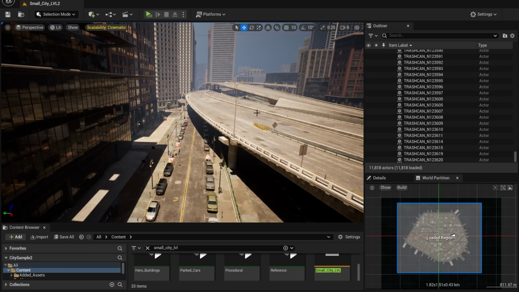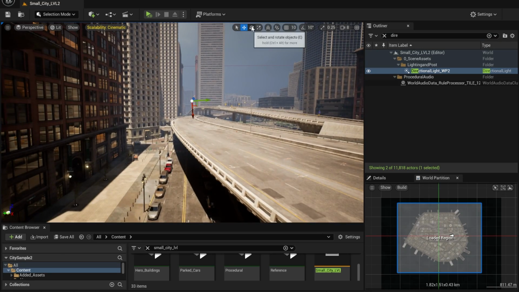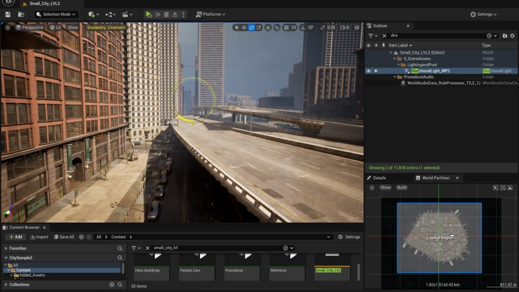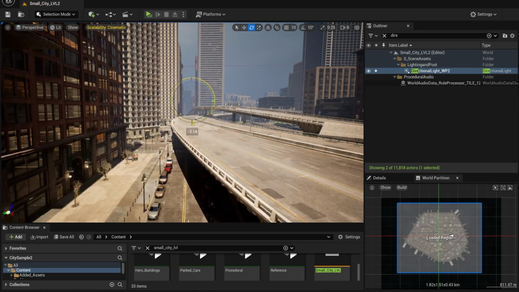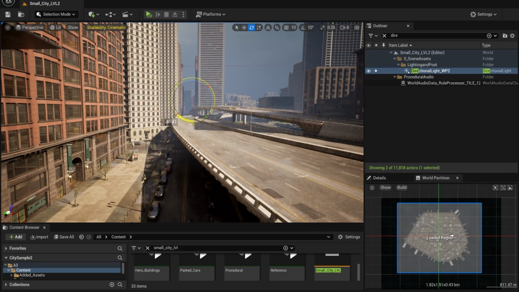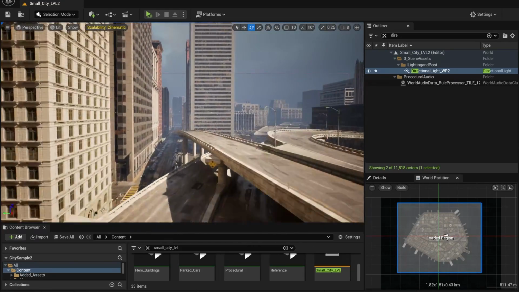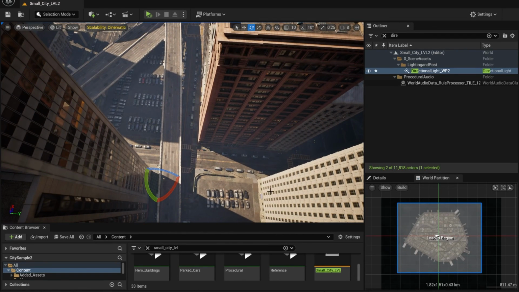But I can just show you how to change lighting if you want. So you can just search for directional light WP2, just like this. And now with this, you can just rotate it like that to change the lighting, basically, however way you want. But I'm not going to be doing the lighting right now. I'm going to be doing lighting after we're done with the animation. And there's a specific reason for that, which is basically I want to make sure I know the path of the car before I can actually start to light it,